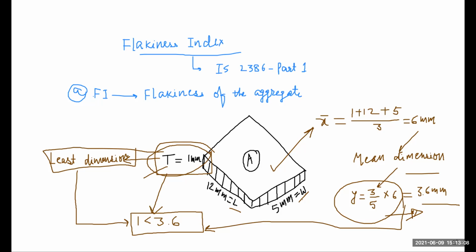So basically we require the flakiness index test. IRC gives these types of results or suggestions also, but practically we do not find the shape of aggregate as flaky in this manner, because, as you already said, sir, the thickness will be non-uniform. So we do not find the shape of aggregate practically in this manner. I understand your point. Aggregates have irregular geometry, so for that purpose we require the flakiness index test. My next point of discussion is the flakiness index test. Can you understand, or will you understand?